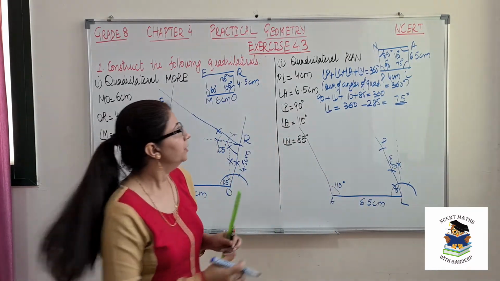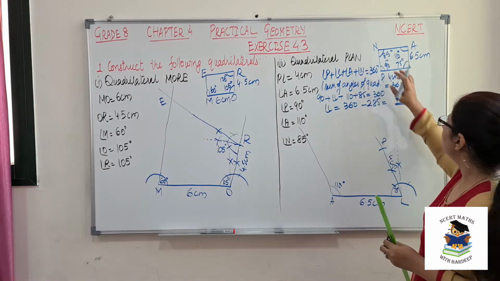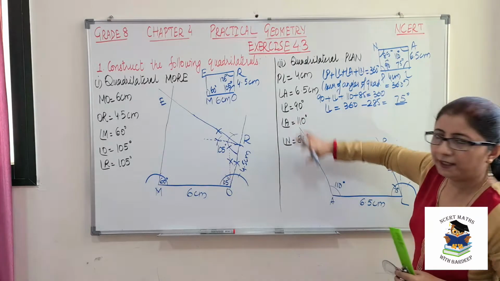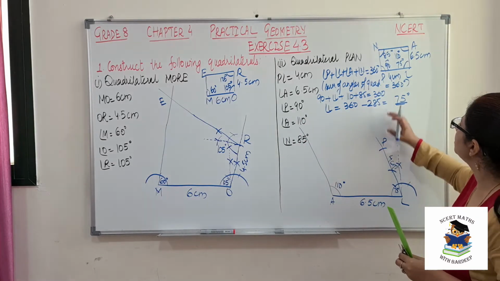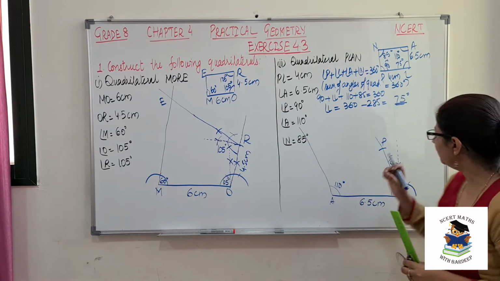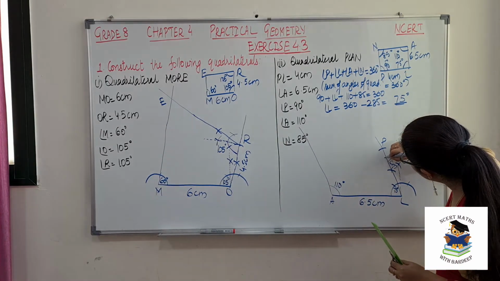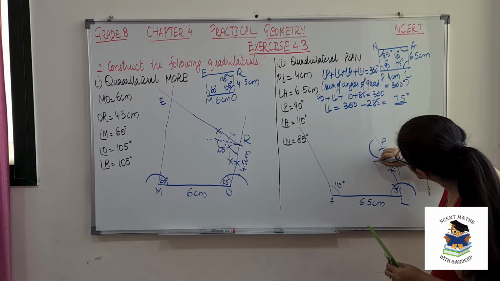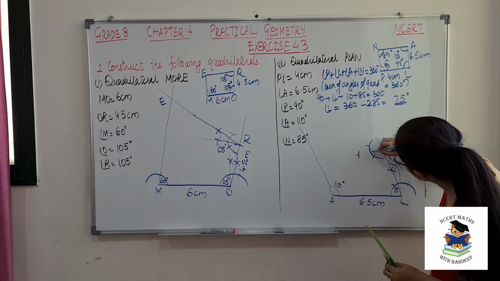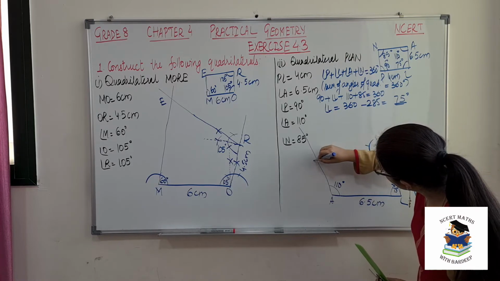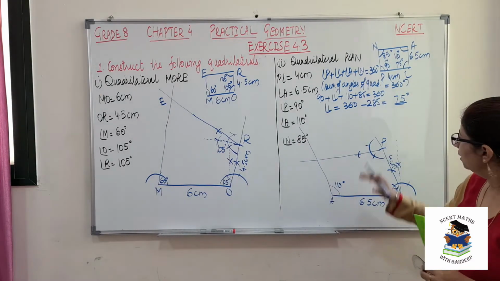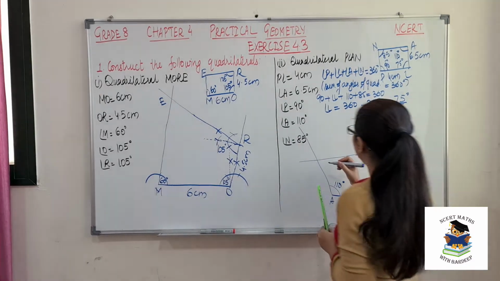So now what to do? We have angle P as 90 degree and N as 85 degree. But since we don't know where N lies, we will stick with this position. On P we need to construct an angle of 90 degree. So this is what we are going to do here. Make an arc and draw an angle of 90 degree. So extend it further, it will meet somewhere on this 110 degree line. So this will be your point N.